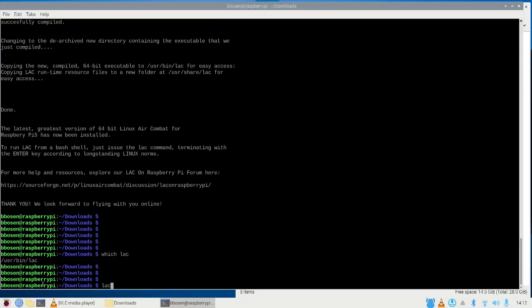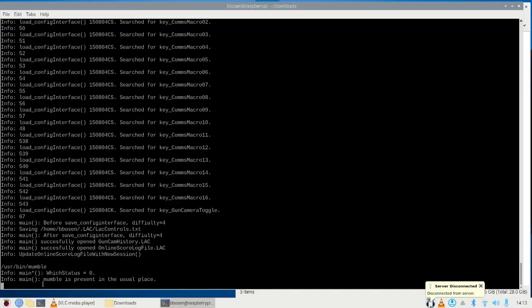So I'm just typing LAC, and it'll use my pre-existing optimization and graphics settings because they were already there in my case. So I'm hitting enter now. Enter. Disconnected. You hear things as it also